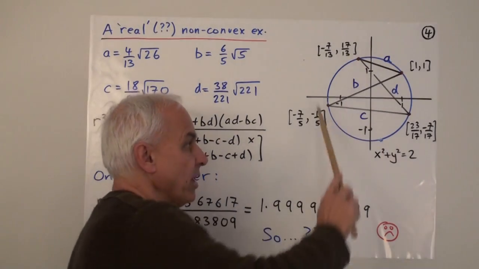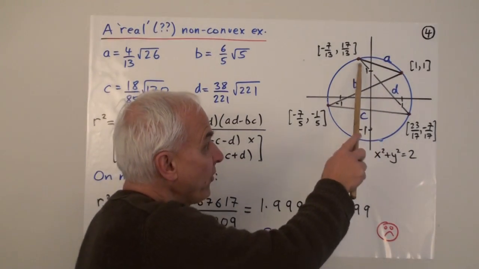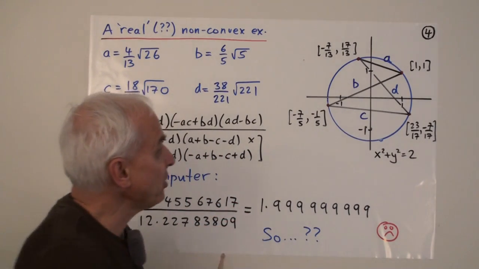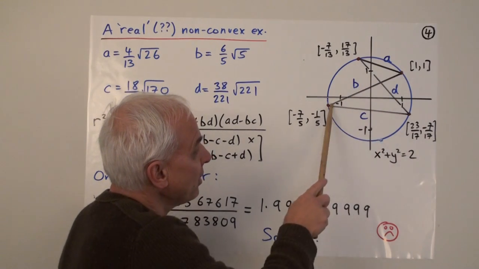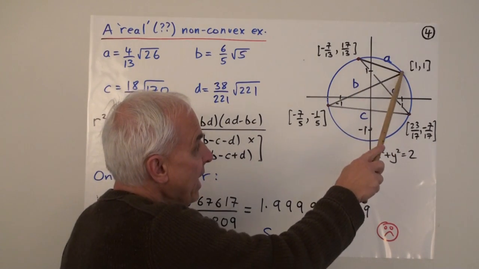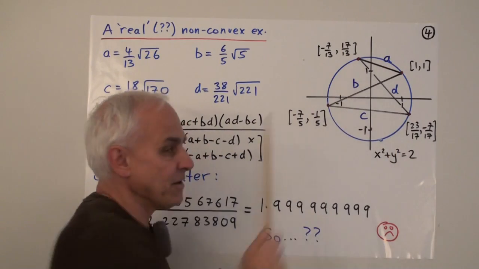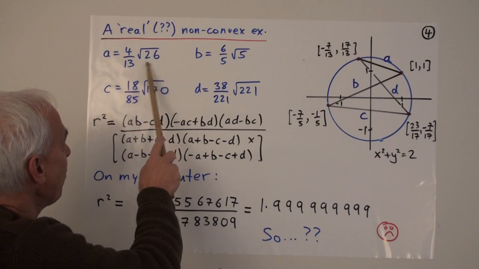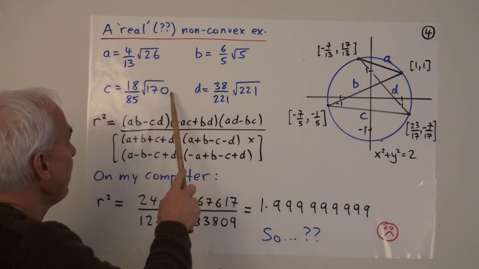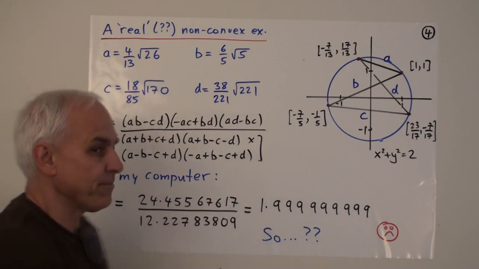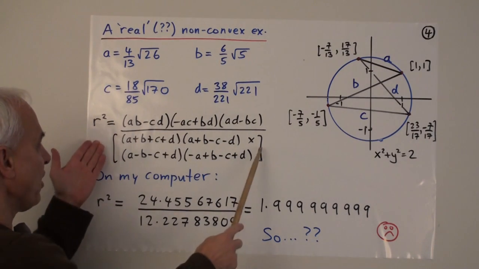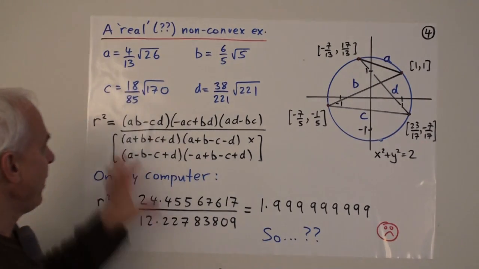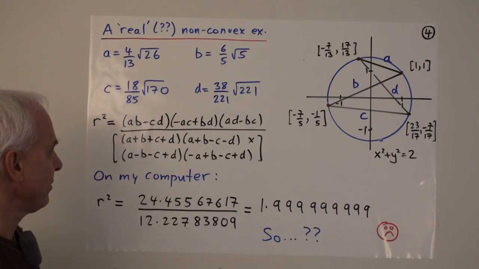We'll choose the same circle as we did previously and the same 4 points on it, but we'll traverse those 4 points in a non-convex fashion, say from here to here to here to here to here. So with lengths A, B, C, and D. Okay, we can compute those lengths. A couple of them are familiar, and there'll be 2 new ones. There's A, there's B, there's C, and there's D. Okay, and here's our formula for r squared, which should be 2 in terms of these 4 numbers.